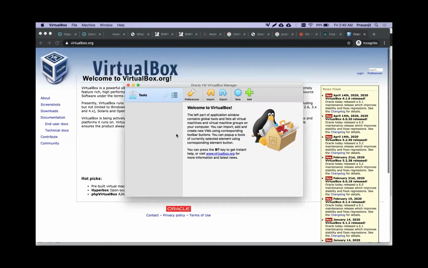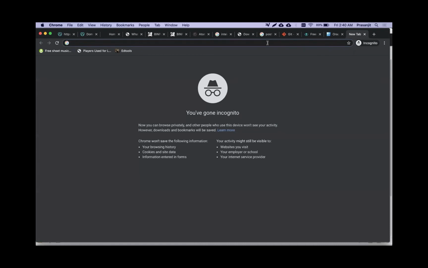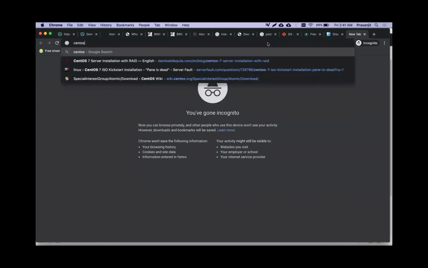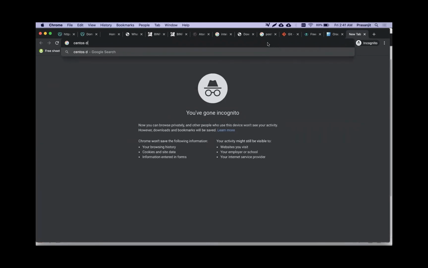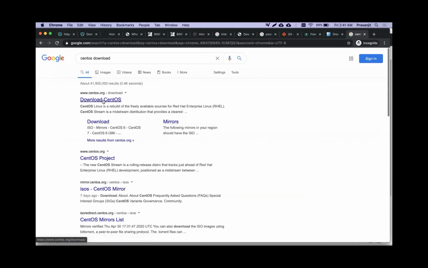All right, let me move ahead. When you install it, you get to see this. But now we have only started. So the hypervisor is ready, but we don't know how to install Linux here. The next thing is to get the Linux software. In Linux, you have lots of flavors. If you want to install CentOS, an open source version of Red Hat Linux, you just search CentOS download, and you will get a download link,